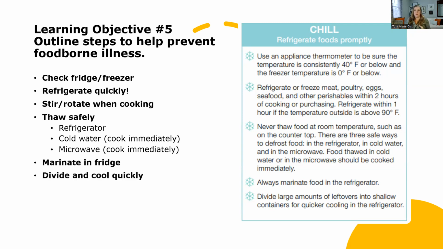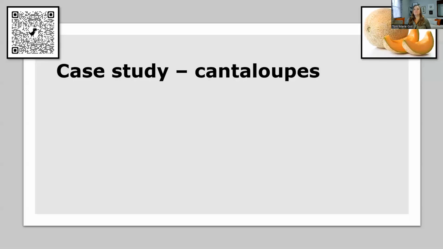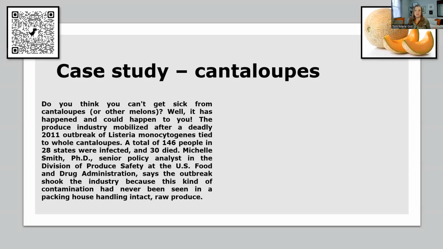And we want to divide foodstuffs, cool them quickly. And so these are things that we want to make sure that we keep in mind. If we want to learn about a case study on cantaloupes, just recently in 2023, there's been a cantaloupe recall, and there were some major cantaloupe safety issues that surfaced in about 2011. So you can read about that in the book, and you can also research the information using the QR code